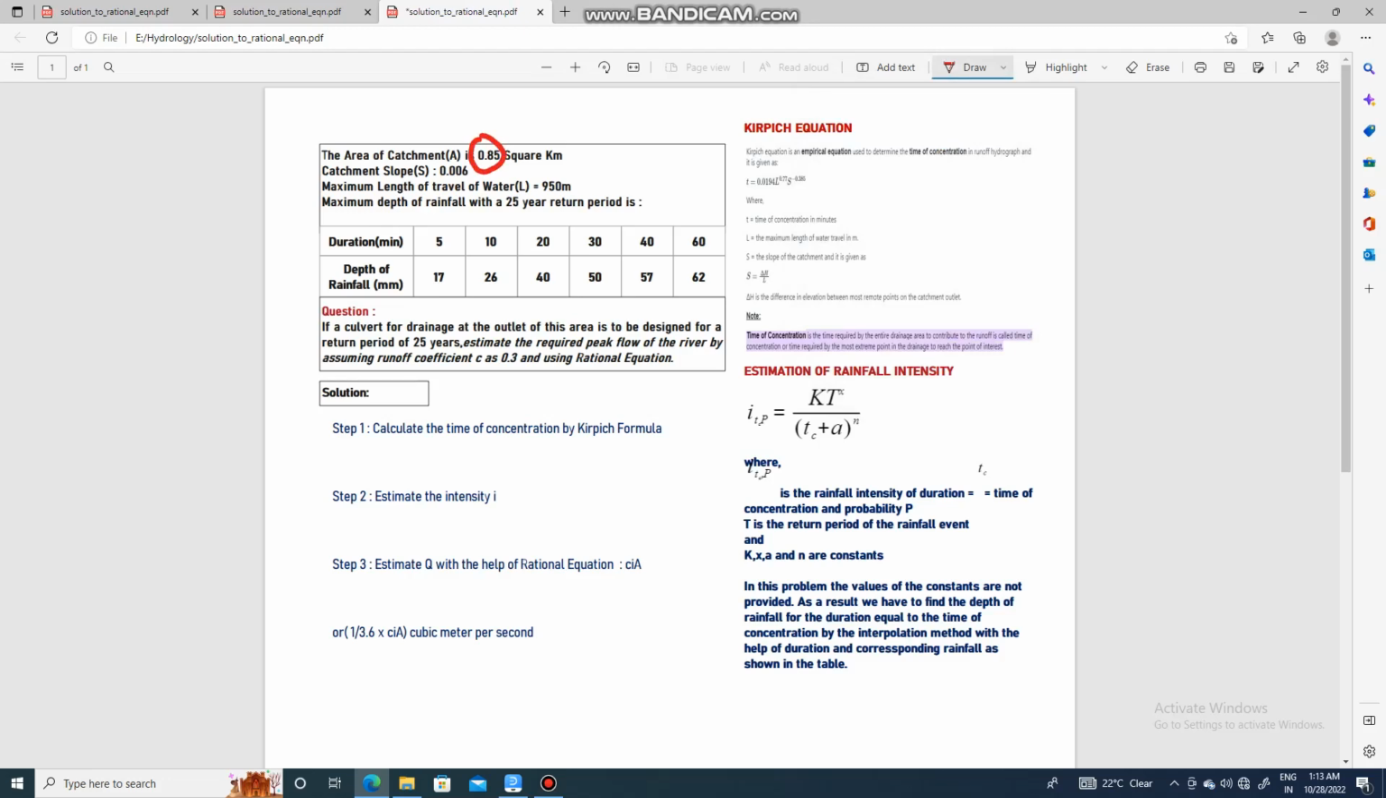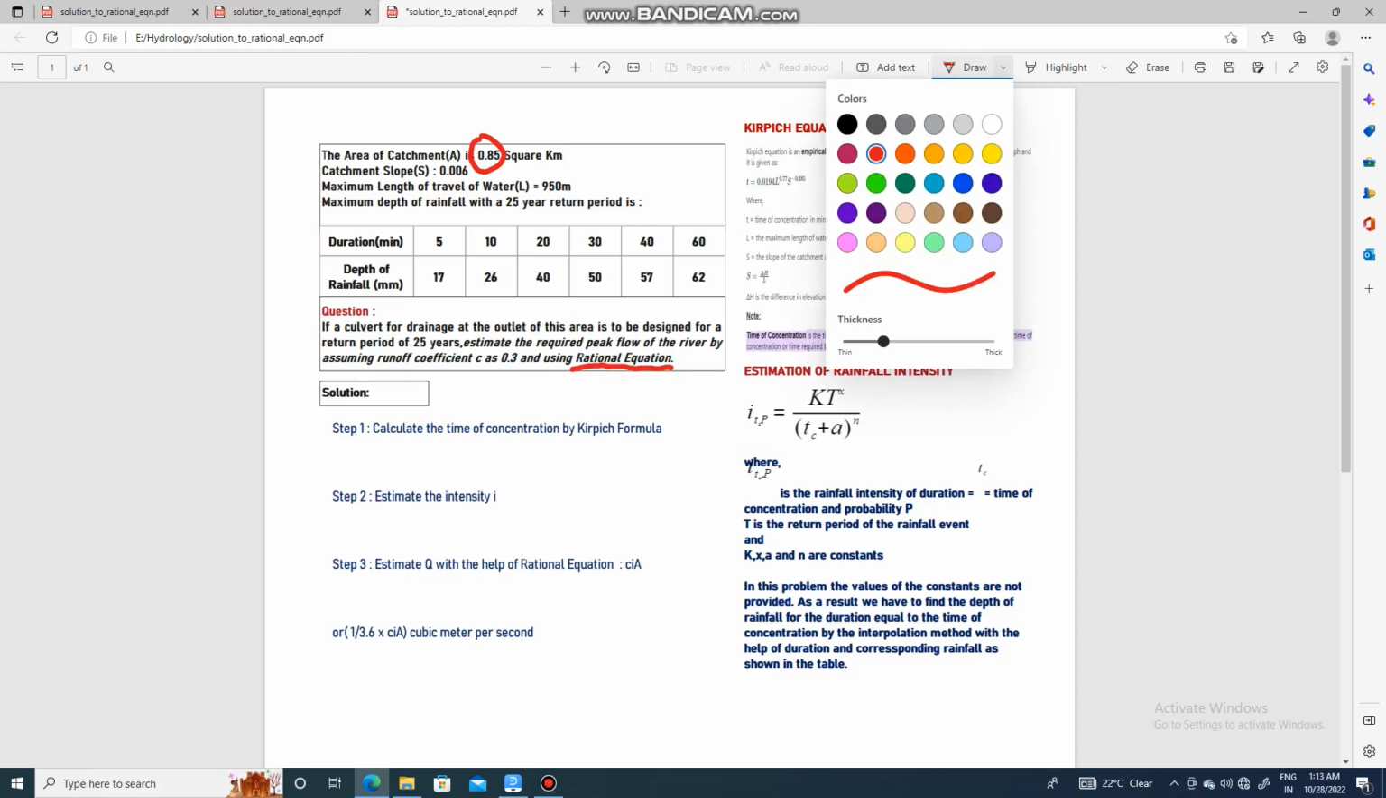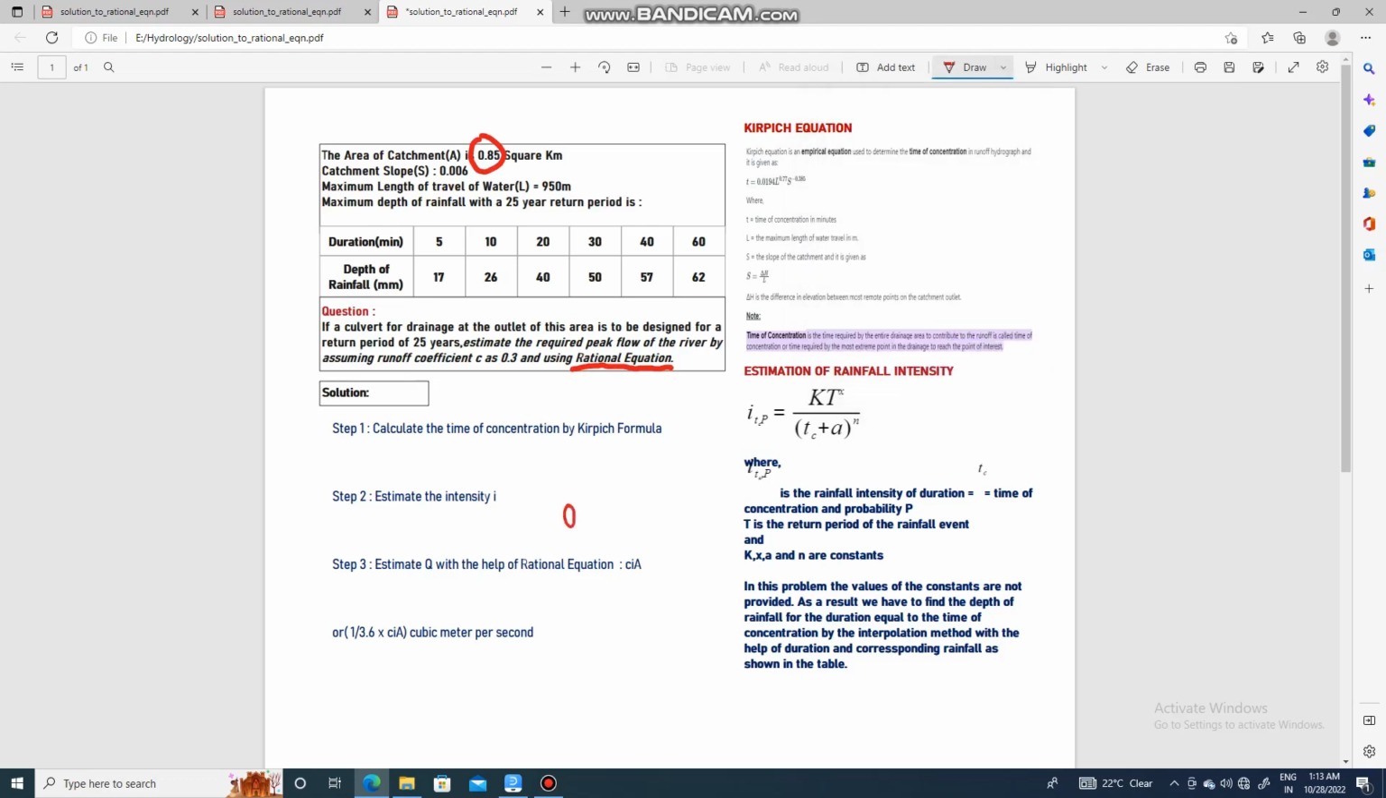Now, they have said that you have to use the rational equation to solve this problem. So the rational equation is very simple. It is Q, the peak flow. This is what the question wants. Required peak flow of a river is equal to CIA,